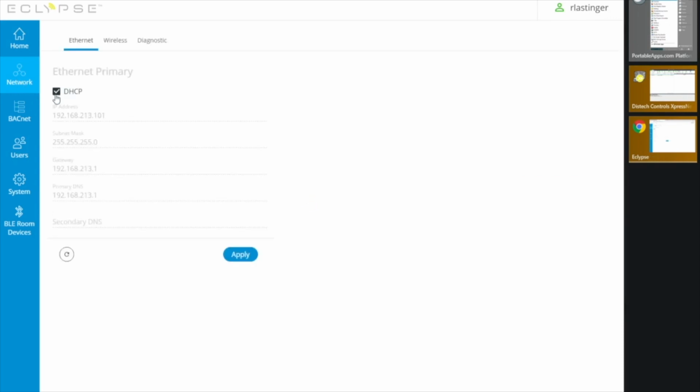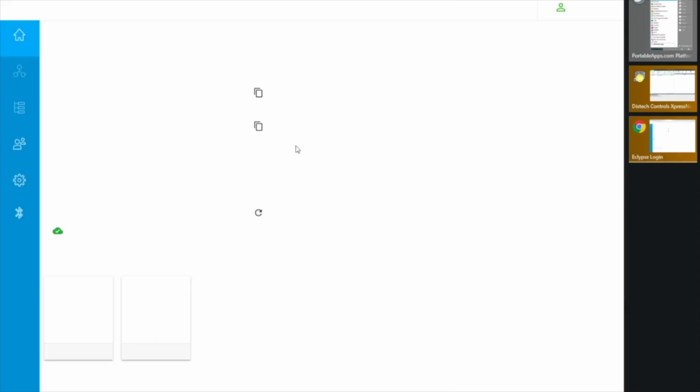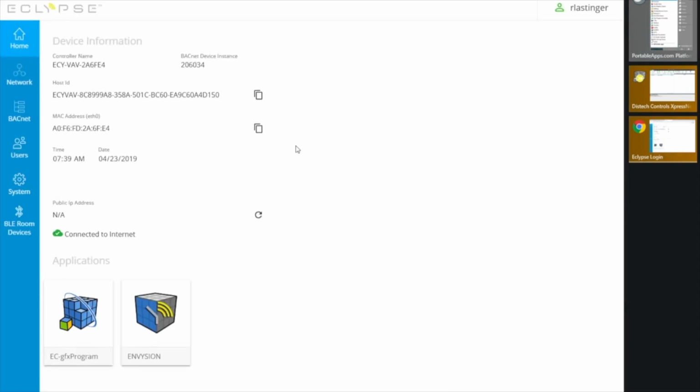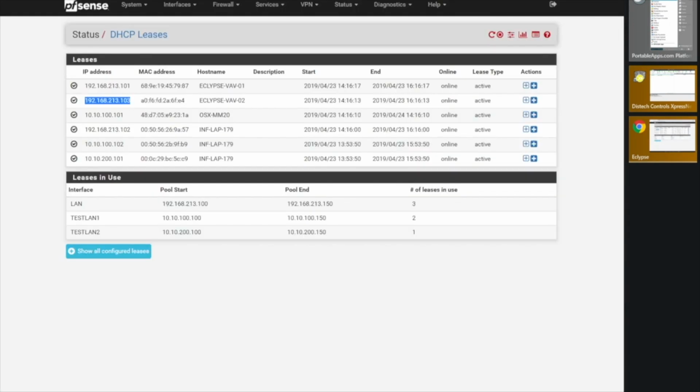Okay, here under network, you can see the controllers were assigned. We just simply checked the DHCP in this case so that they were automatically handed their addresses. And you can see the MAC address here of the controller and that it was assigned DHCP. So now we're going to reserve an address for one of the controllers because we don't want to leave them this way. So we're going to show here, we're going to create an address reservation and assign it to one of the VAV controllers. And there's